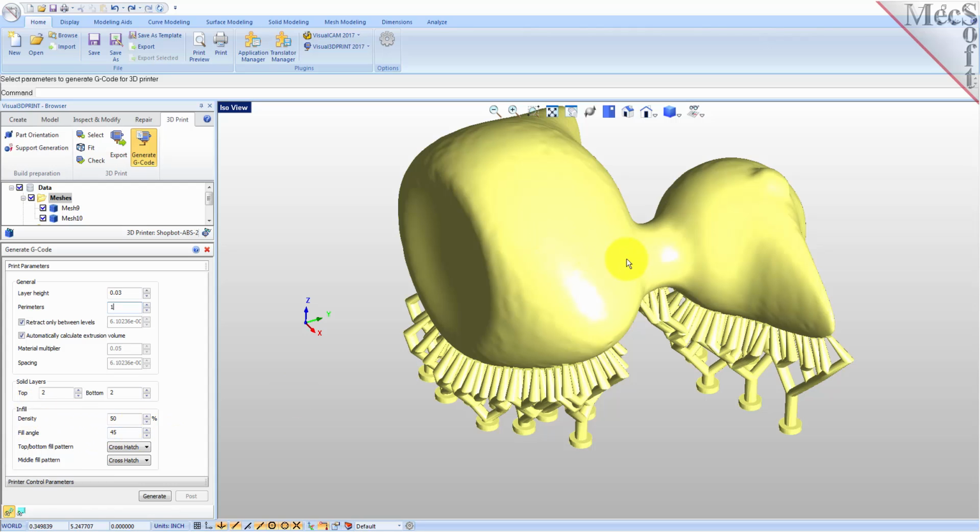For the infill density, now this is a solid part, so the entire inside of this part is going to be infilled, and you may not want to fill it 100% and use more printing material. So we're going to leave it set at a density of 50%, and we're going to set a fill angle of 45 degrees, and I'll show you what that means in a second. And then we're going to set our top and bottom fill pattern to a crosshatch and our middle pattern to a crosshatch,